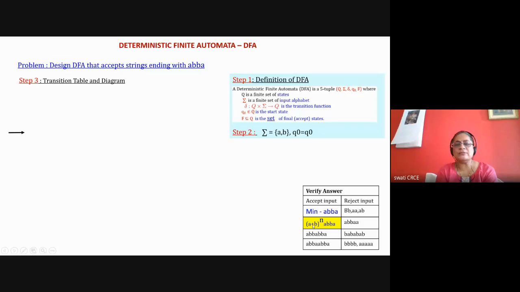Plus means or. Now you remember the important thing that I'm teaching you: the plus sign. If in my expression I'm using the plus sign, plus indicates either A or B. And if I'm writing a dot here, that means that A and B both are needed, so AB is needed. But if I'm writing a plus sign, that indicates either A or B, and that is occurring n number of times, and n can be 0 to any number.